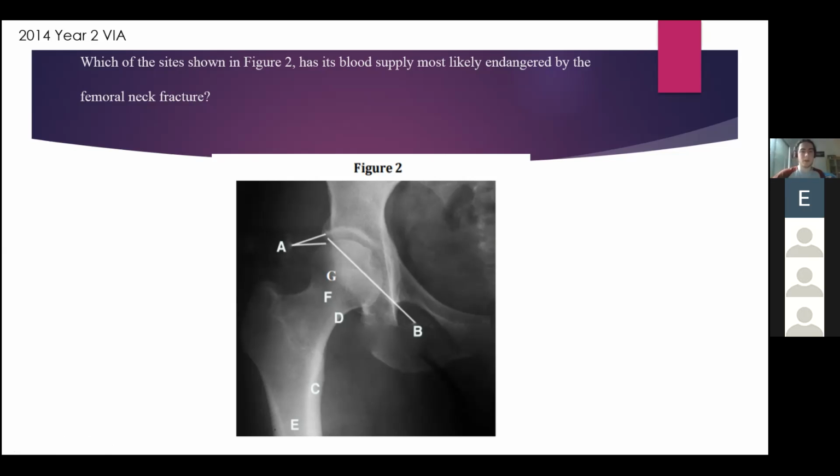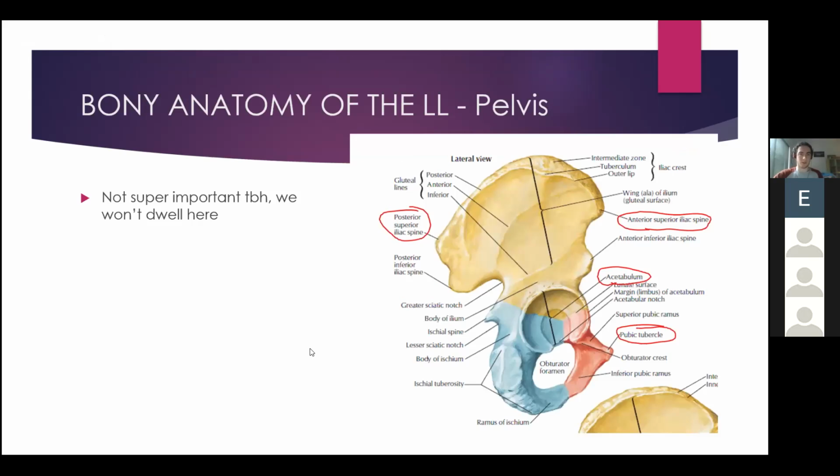Okay, so this one is, again, like a classic sort of faculty question. I think it definitely could be F. I said it was G. And the reason for that is because it could really be either. So in terms of where the blood supply is, you're exactly right in saying that it's F. But in terms of what is going to be endangered by it, it'll be G. So these questions are not particularly good, but the main point of this one is just to go through a